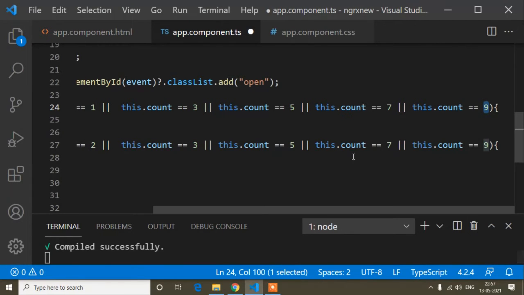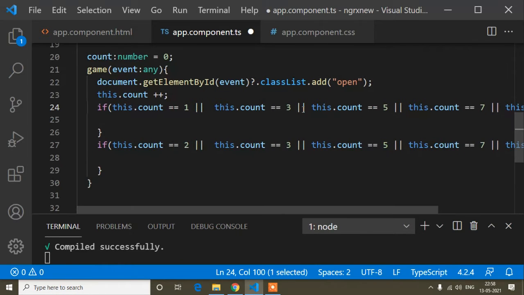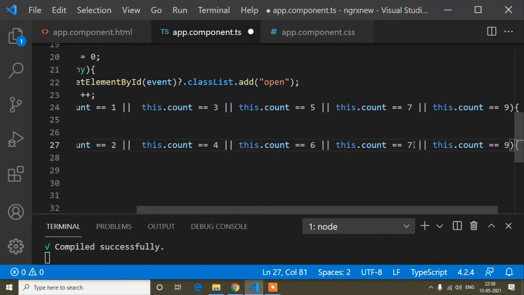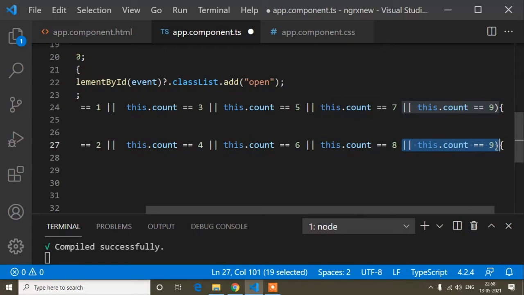So 9 boxes are here, so I have defined the count up to 9. And now first of all I have written the odd numbers, and here I will write the even numbers. So 2, 4, 6 and 8, and this one I don't need. So why I have written this? Okay, so now I will explain.